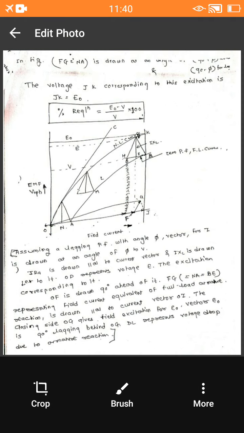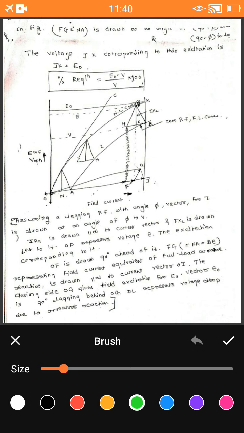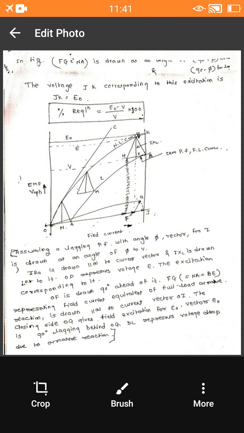That is JK in the phasor diagram, and that will give you the value of E0, and from E0 we can easily calculate the value of voltage regulation by the zero power factor method for finding out the regulation of an alternator. So this method is very popular because it considers all of the armature reaction as well as the IXL and the IXAR drop of an alternator. So thank you very much.